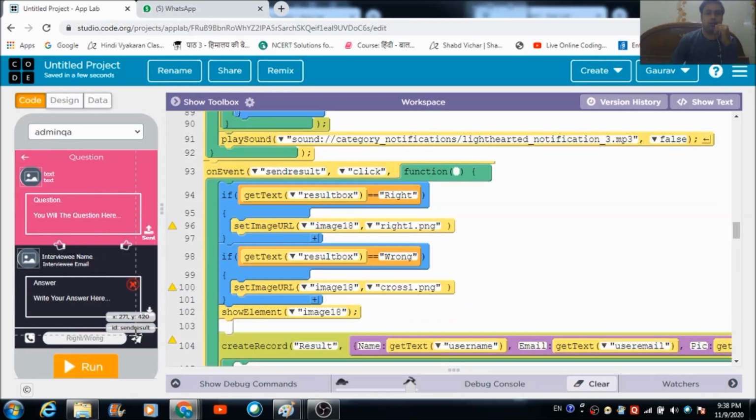Now comes the code of this send result button. This is the code which is going to get executed when the user hits this send result button. So if the admin writes down here right, it means that the user has correctly answered the question. Automatically we are going to see